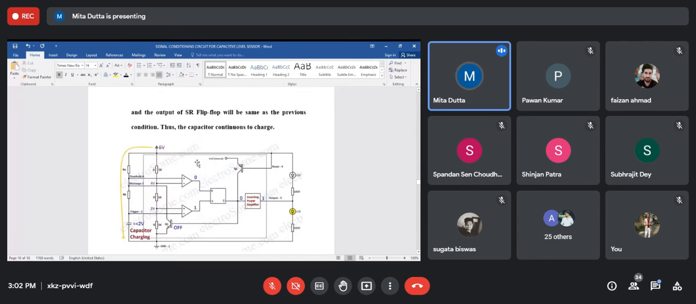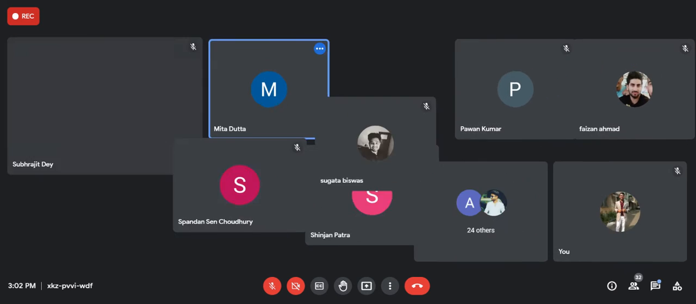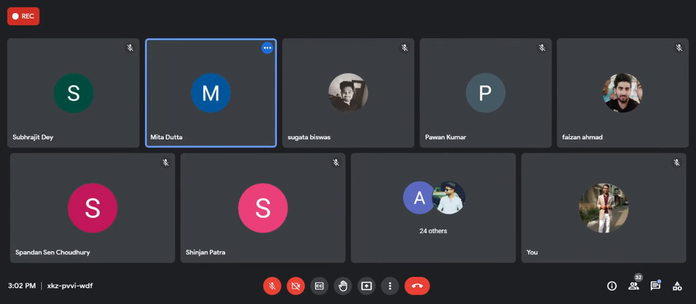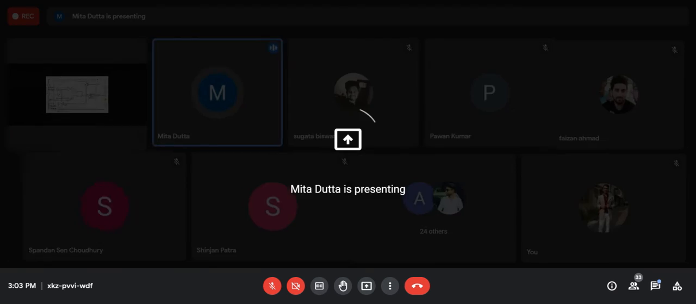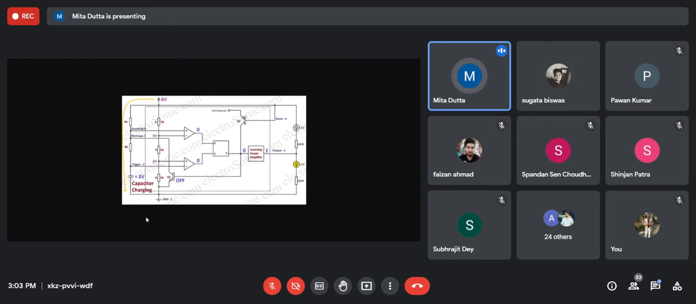Now how it works, let me show that. This diagram is visible to you? Yes, ma'am. Okay, see here, the VCC is 6 volt, and from the theory we know that